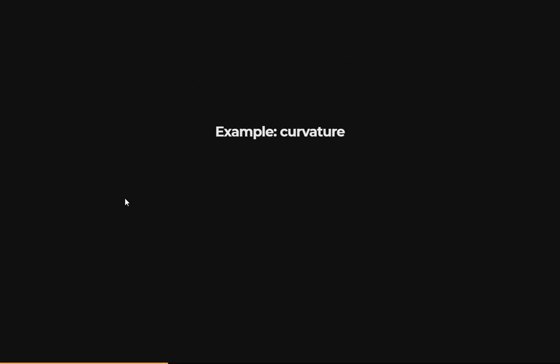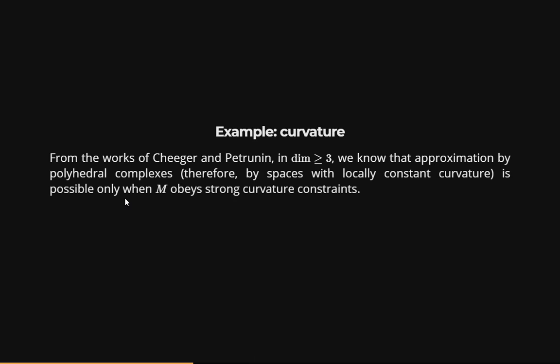I won't be giving the full example here, just a note. There are works from the end of the 90s and beginning of the 2000s, one by Cheeger and one by Petrunin, that show that in dimension greater than or equal to 3, if you approximate a manifold by, it won't be a triangulation anymore technically. Well, it's still called triangulation, but it's composed by polyhedra, not by triangles, obviously. So if you have a polyhedral complex that approximates your space, in particular, it means that you're approximating it by something which is locally flat, or at least locally with constant curvature,